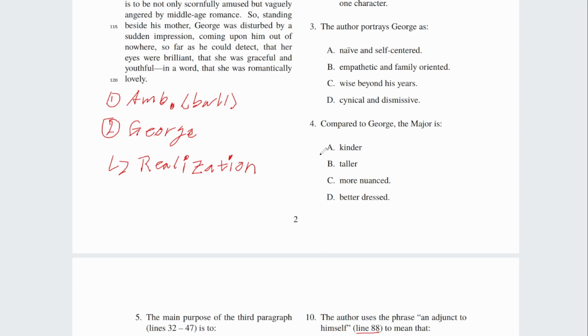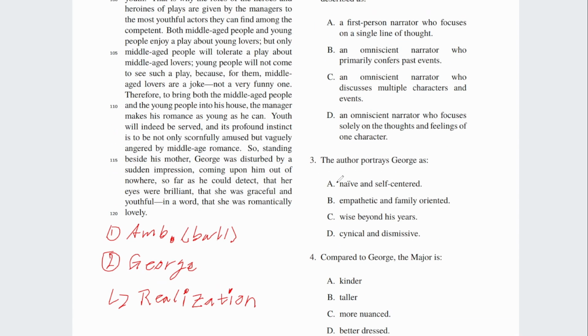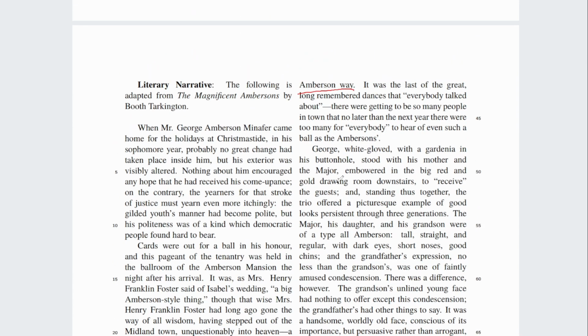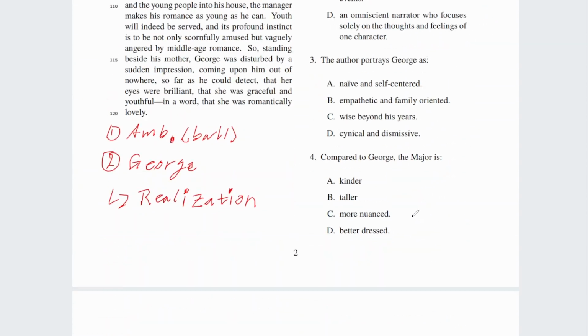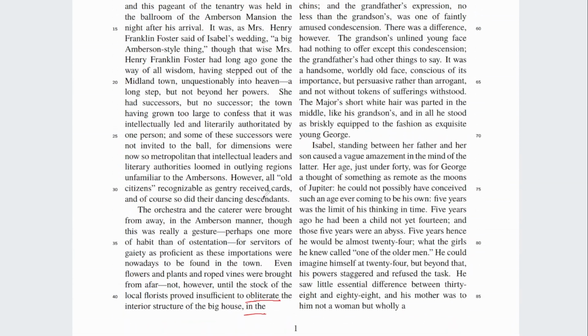For one thing, it doesn't seem obvious that George is kinder. We don't see acts of kindness from either George or the major. So this seems difficult to stress. Same with taller and better dressed, these all seem difficult to support based on the passage. My immediate impression is that it should be more nuanced. And the reason why I think that is, again, we have George. George is our second part of the structure. So I'm looking in the middle,